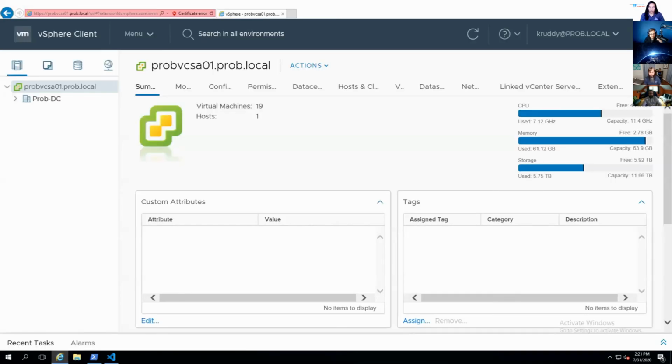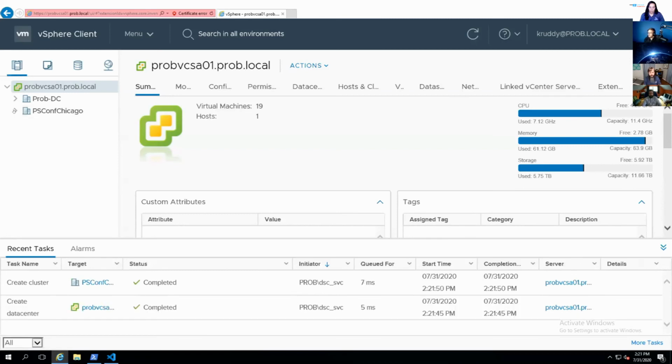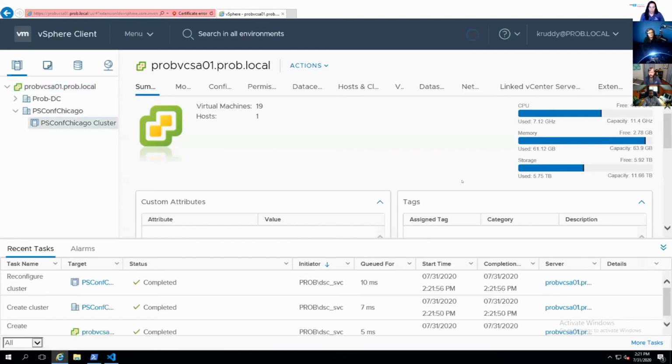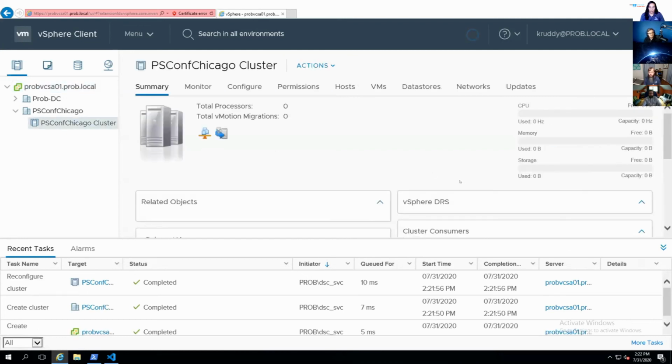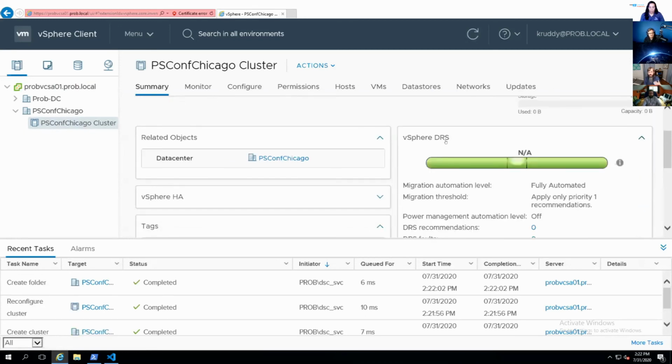So if we jump over to our vCenter environment, it looked like it already ran through creating some of the things and doing some preparation there. Now we can see PSConf Chicago was created, PSConf Chicago cluster was created, and we can start seeing that as soon as this loads, we were even able to create things like DRS and turn that on,